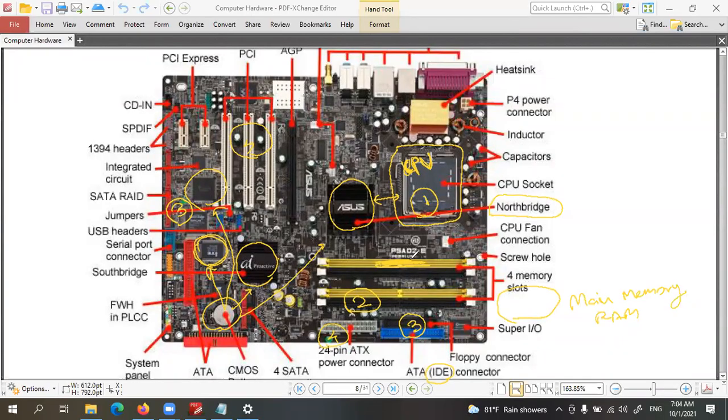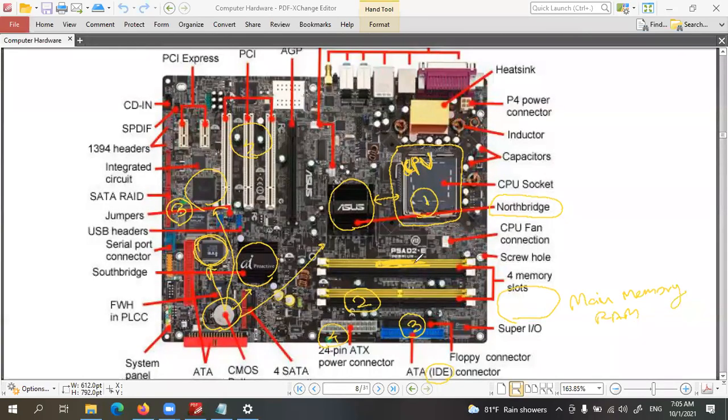So RAM is a temporary memory, and we call that a volatile memory. That means when there is no power supply, there will be no data in the RAM. It needs a power supply to keep data. So when we switch off or shut down the computer, all the data in RAM will be erased. So next day, when we power on the computer again, there will be no data in the RAM. So what the motherboard must do is, from this hard disk and from other devices, the basic instructions of the operating system must be loaded into the RAM.